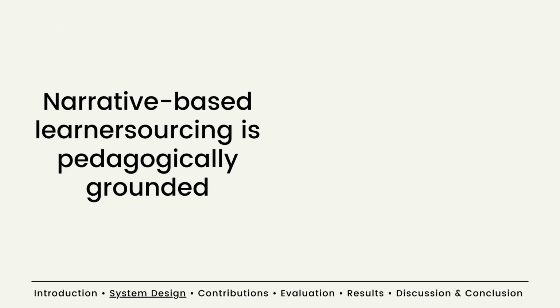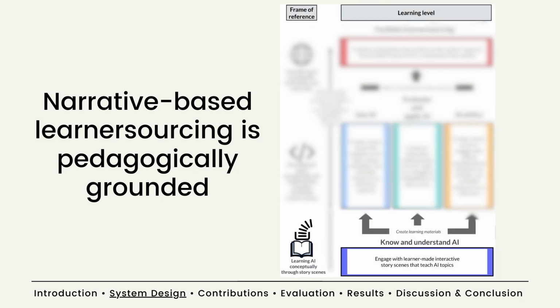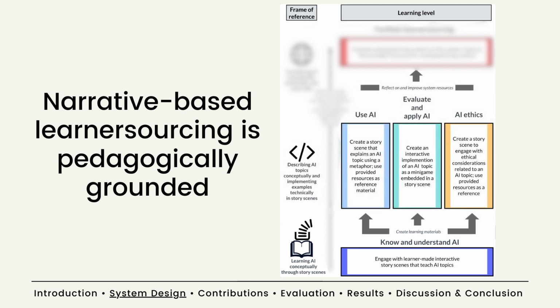As a basis for our platform, we created our own model that ties together these pedagogical frameworks and the four learner sourcing components. Our model is designed around learners completing learner sourcing tasks that require conceptual and technical AI problem solving. As learners progress, tasks become more complex and progressively emphasize higher level cognition. We designed for a creative, self-directed learning experience that leverages repeated exposure to AI concepts to promote deeper knowledge comprehension